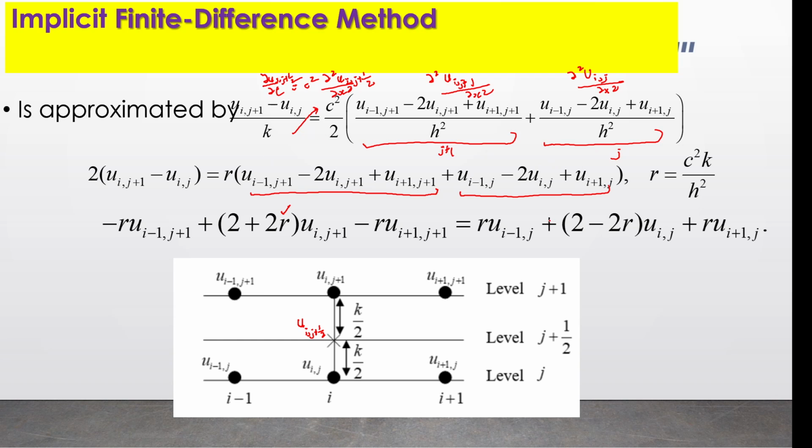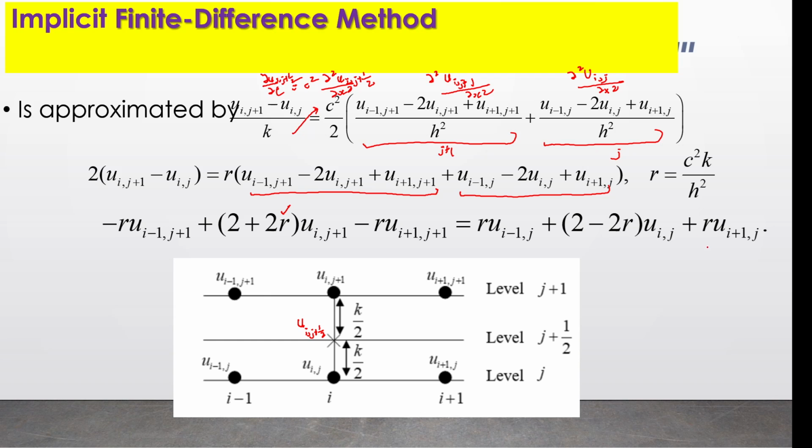So you have r u_i-1,j. So this is minus 2r, collect with minus 2 u_ij, bring to the right side, become positive 2. So this is minus 2r u_ij. So this is r u_i+1,j. Okay, and then